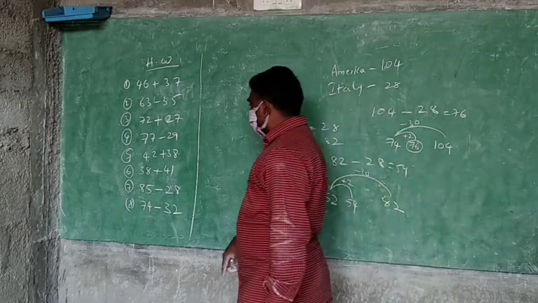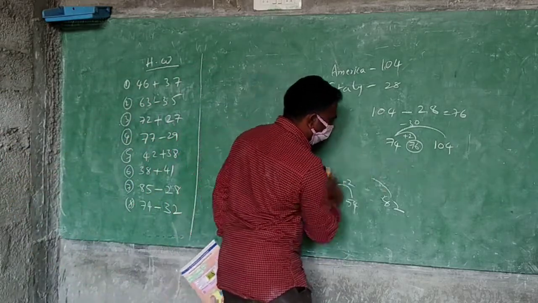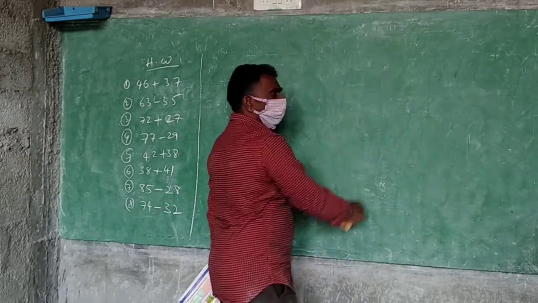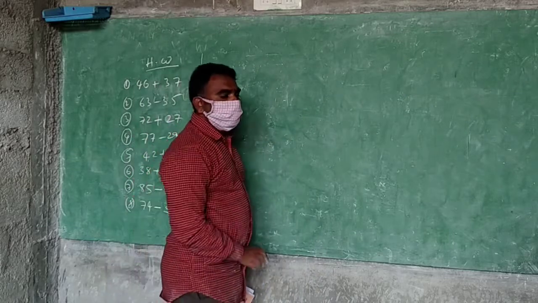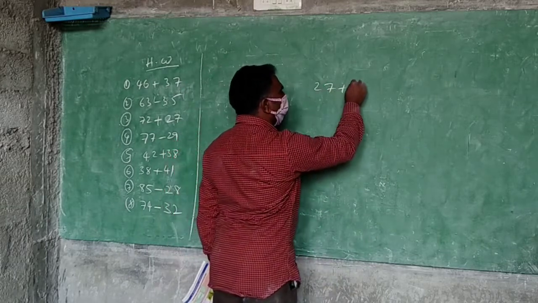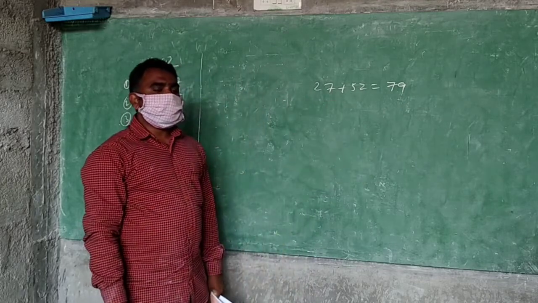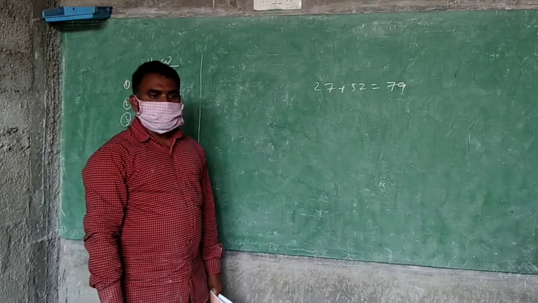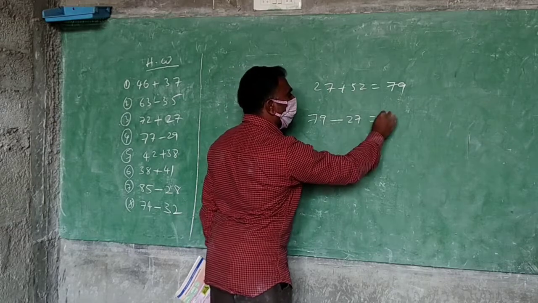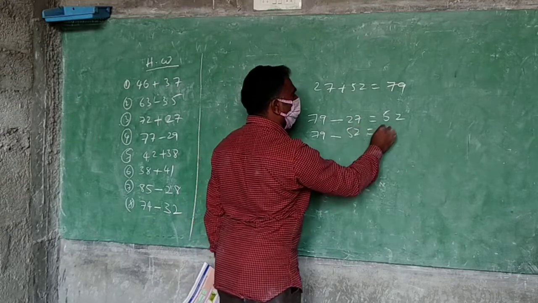So one more, just down you see here. There is a 'Try this', very easy fill in the blanks. That also you see, today we will discuss. See what is there in that. Here one addition is there. 27 plus 52 is equal to 79. From this addition, you can make subtraction. How you see that? 79 minus 27 is equal to 52. Otherwise, 79 minus 52 is equal to 27.